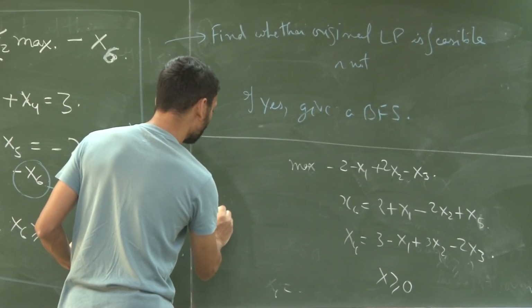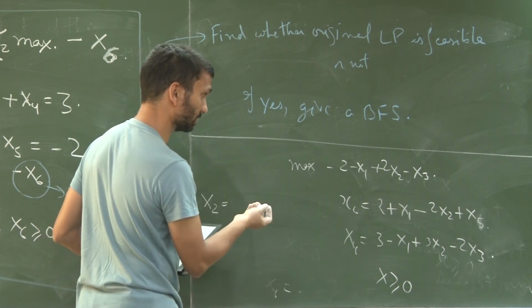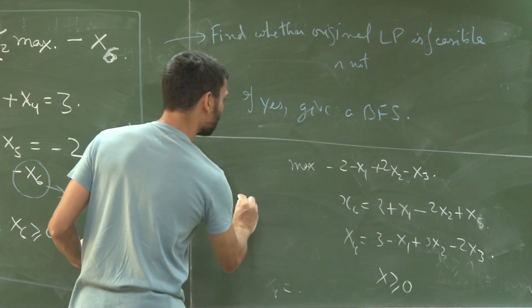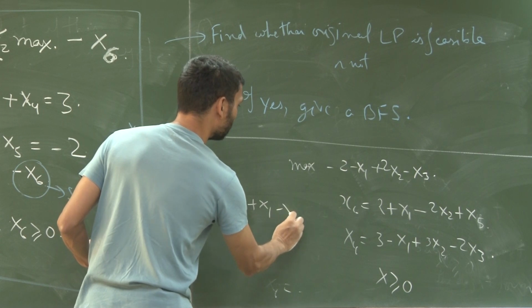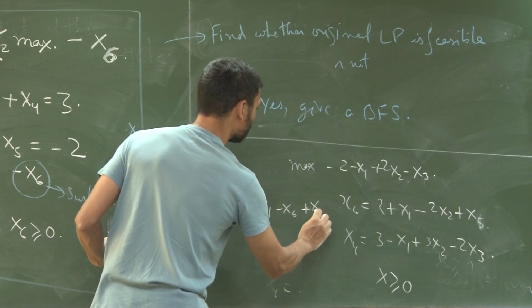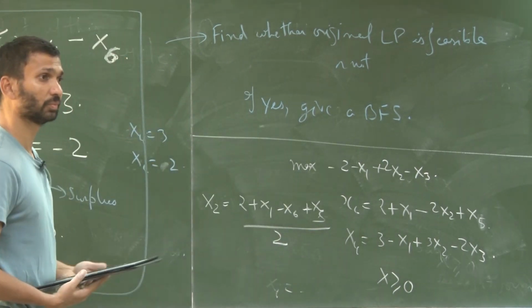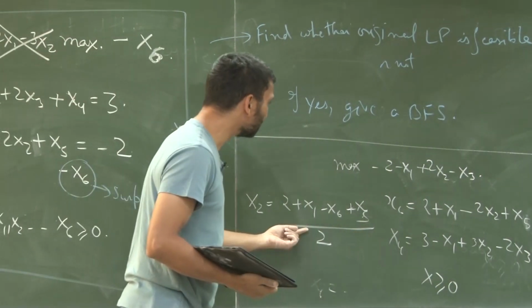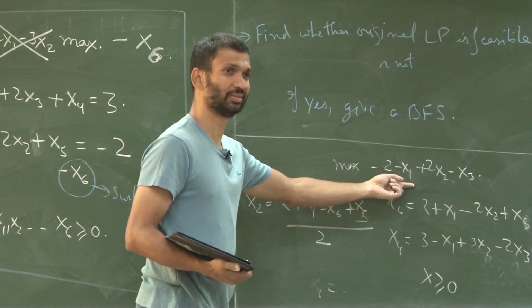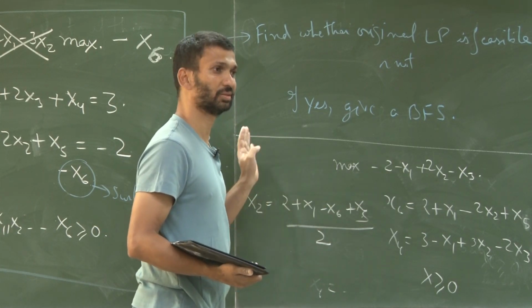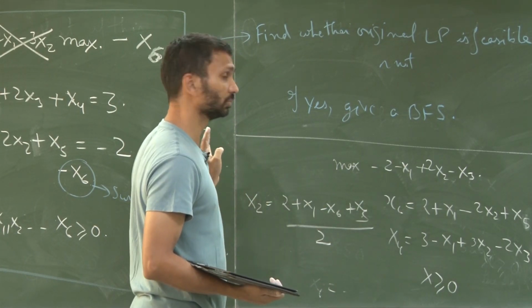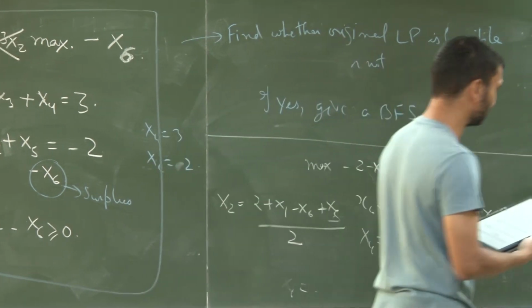So x2 in terms of x6. x2 in terms of x6 is 2 plus x1 minus x6 plus x5 divided by 2. Okay, and at least you can see that when I put this here, this minus 2 gets cancelled. Okay, so I get